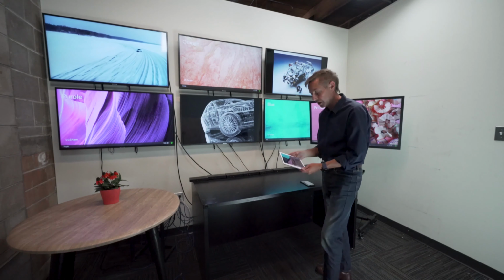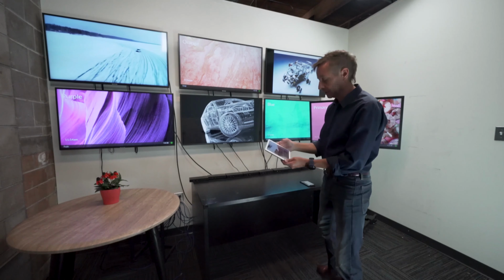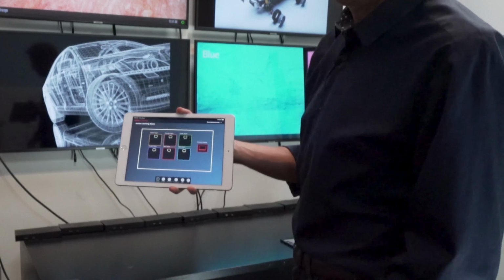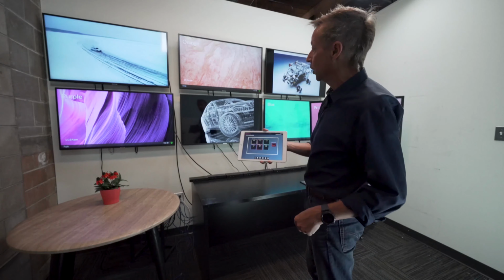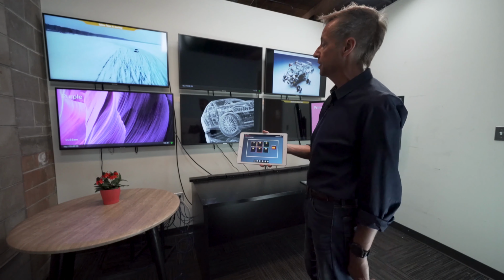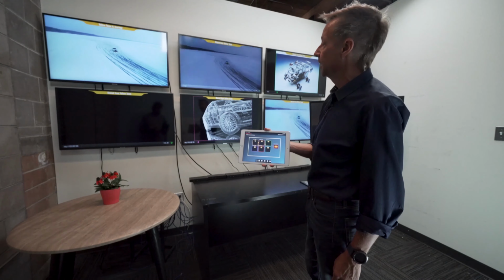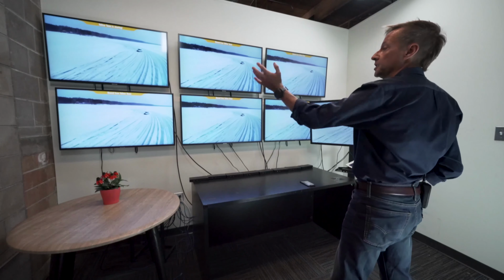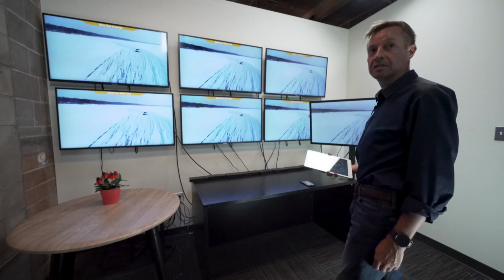So now if I come in as the faculty member and I want to manage this space, I can come into the room. This is the active learning room here, and I'll click that. You can see my layout. For example, say, you know what, team 1, you guys are really doing a great job. Let's look at that on all screens. All I have to do is press and hold, and it will broadcast that content to every display in the space. So now you can see that every table now gets to see the marketing video from team 1, the